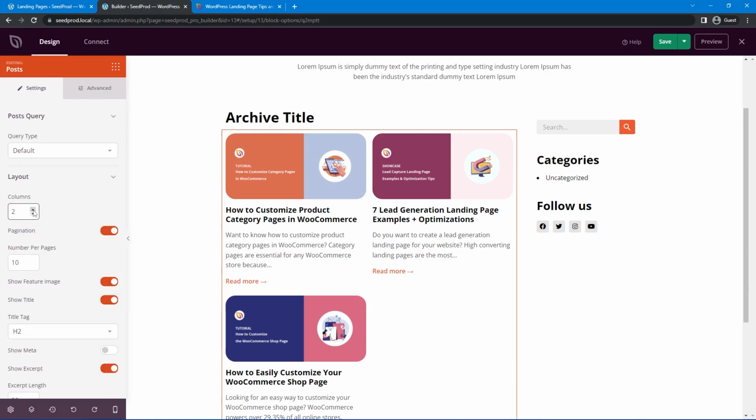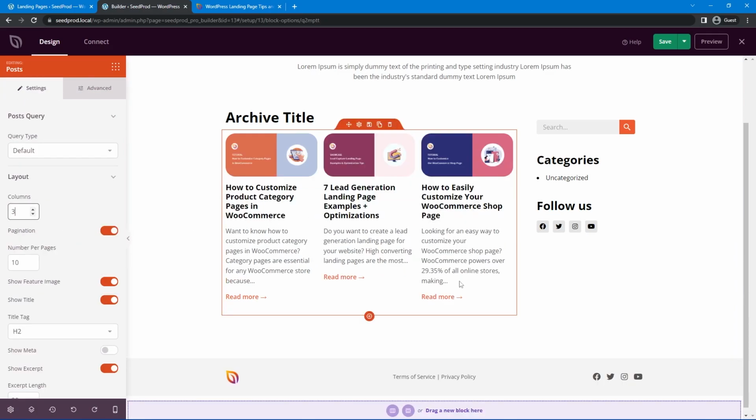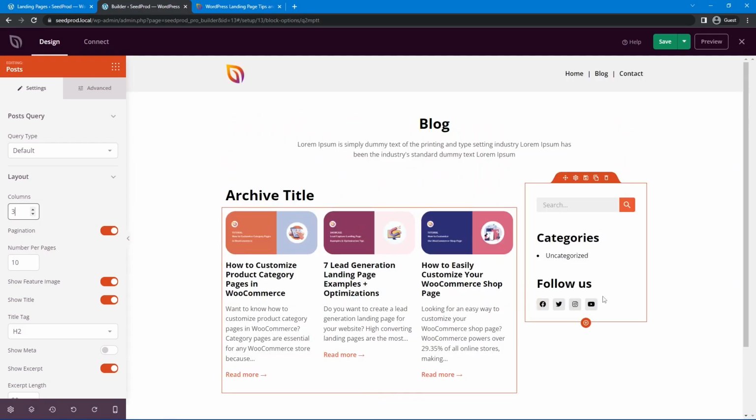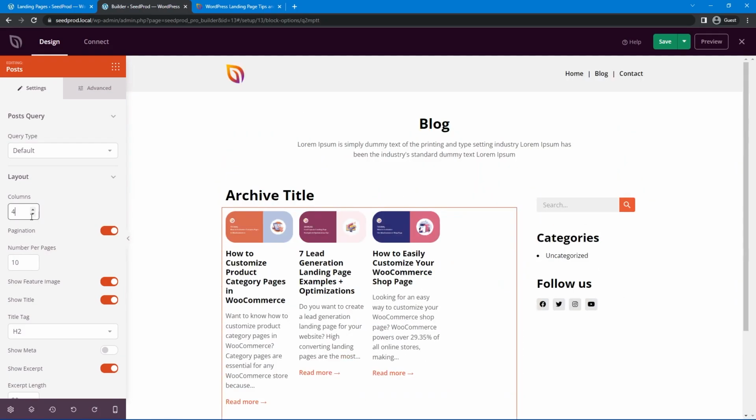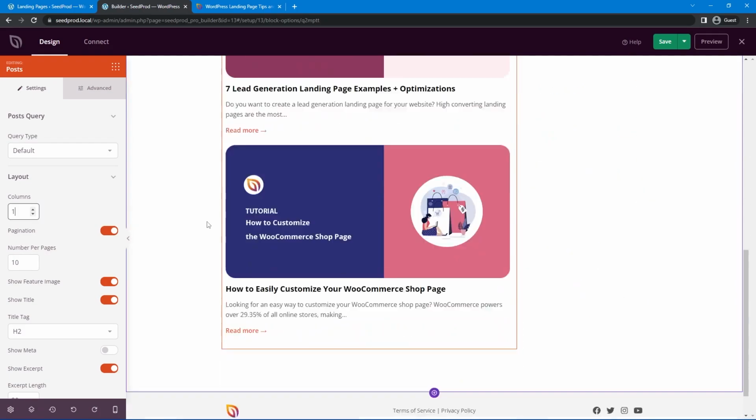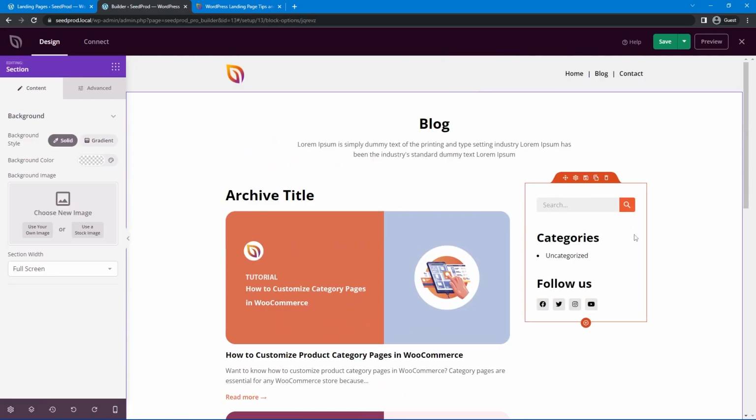And if I come back and change that to say 3 columns, you can see that looks a little bit better now because the text is a little bit smaller. Or if you like, you could change that back down to just 1 each, which I think that looks great as well. On the right hand side, we have our sidebar. So you could modify this or completely hide it if you wish, if you don't want to have a sidebar at all. Once you're happy with your page and you made all of your changes, you can go ahead and